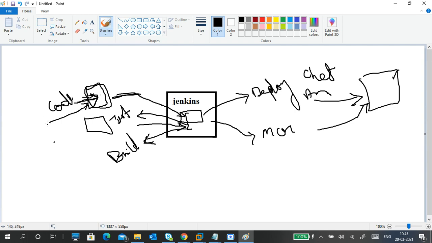For example, a developer develops the code and puts it into GitHub. Again Jenkins takes the code, tests it, builds it. If the test is successful, build it. If the build is successful, deploy it, and so on. Again, new code is generated, and Jenkins takes the code and sends it for testing.